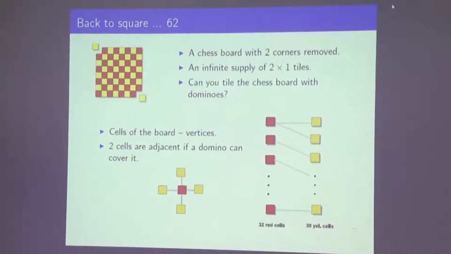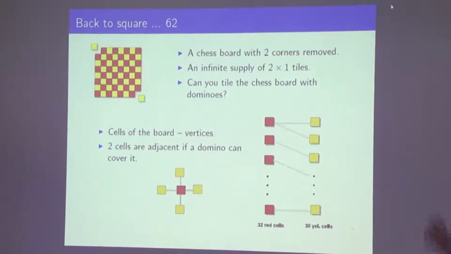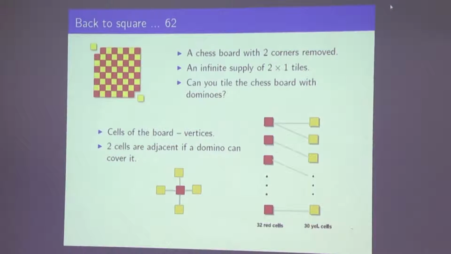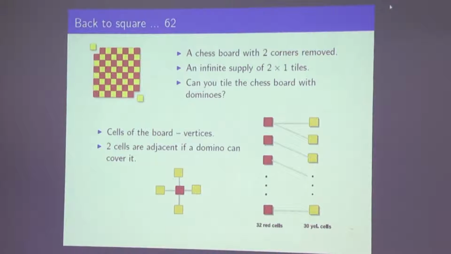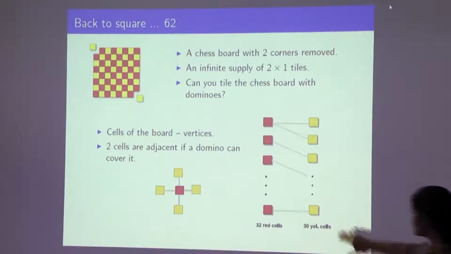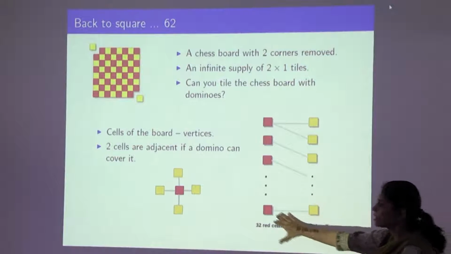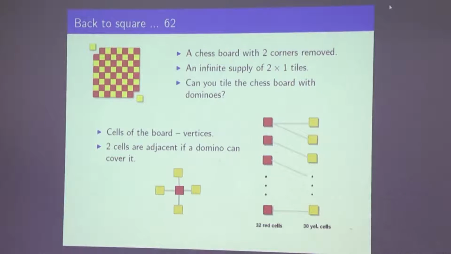Therefore, you can claim that this graph, when two cells have been removed, will never have a perfect matching which matches everybody. You can certainly have a matching, but you will be left with two red cells which are unmatched. Now you have given a proof that this graph does not have a perfect matching, and therefore the original problem of tiling with dominoes cannot be done if two corner cells are removed.